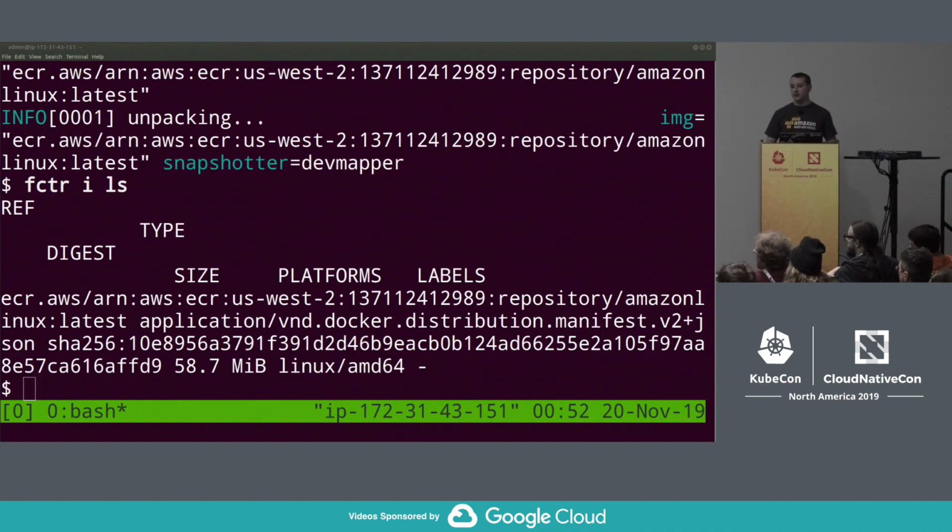So even though we didn't use the CTR command line to pull the image, we were able to pull it through the containerd APIs and using the different resolver that we wrote. So let's see what it looks like to go ahead and run something. First thing is,